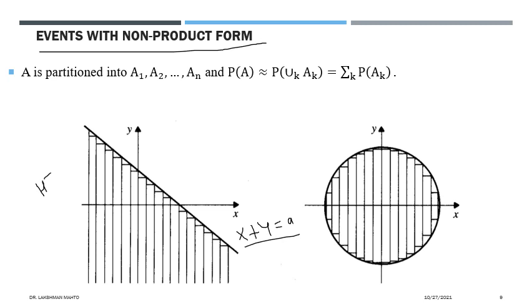In order to express it in product form, we apply a partition of x. In that process there would also be a partition of y. We are approximating this region by this rectangular strip, and this region by this rectangular region. Due to the approximation there is an error; we are unable to cover this part. So how can we cover it?